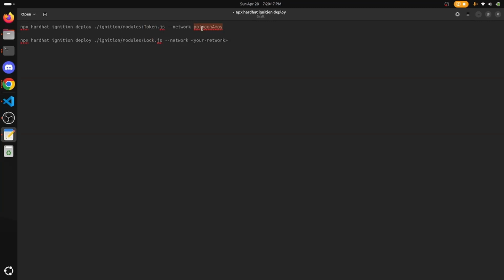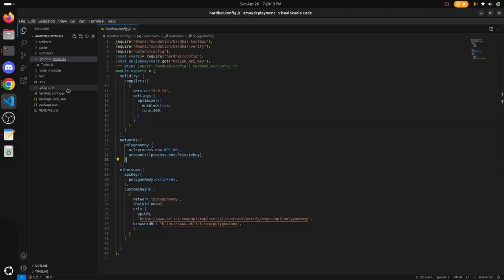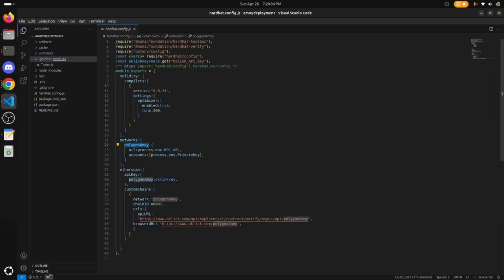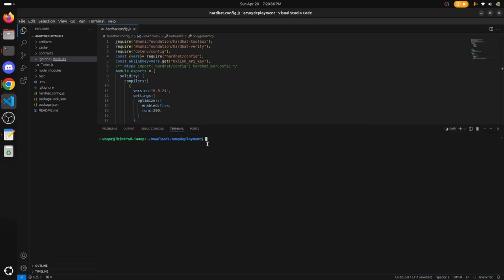And for the network, you need to write the variable. You need to be careful about the variable, because if you do not get the correct variable, then it might give you an error. So we just copy it and paste it here. We can just copy this whole command and then just head over to this and just paste it here and